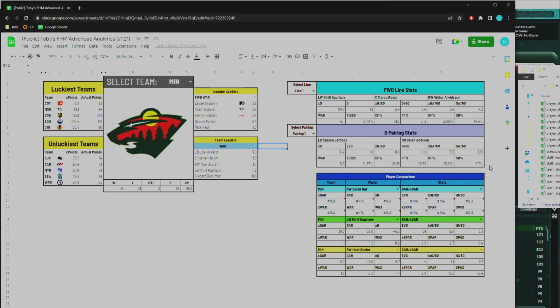Okay, same numbers for defense. Obviously, the TIBS for defensemen is going to be much higher because they throw more hits, get more takeaways. So you can kind of see that in action. But everything else is the same. Oh, I'll get this changed, but this should be even strength goals, not just